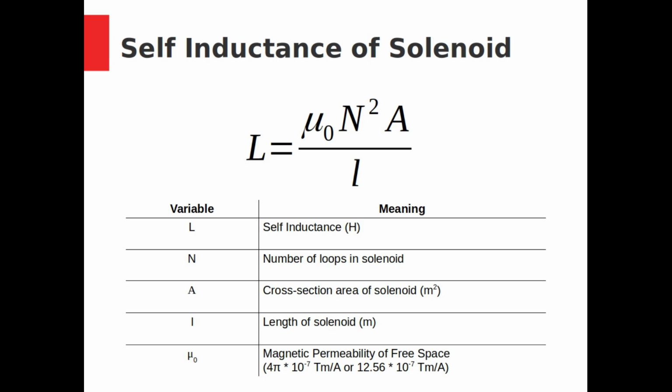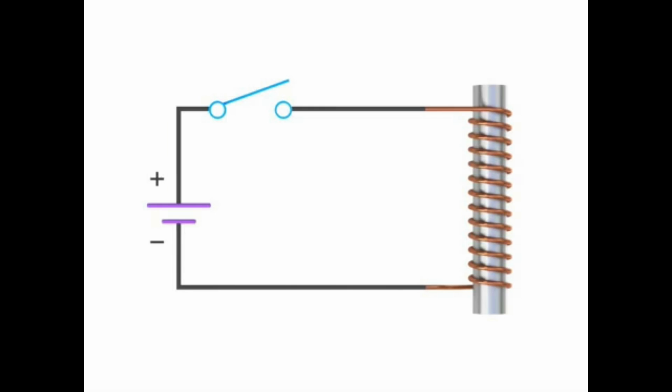Self-inductance is considerably easier to calculate than mutual inductance. I won't go through the whole derivation. The punchline is it equals mu0 times the number of turns in the solenoid squared times the area divided by the length. An inductor is a circuit device that uses the self-inductance of a solenoid to smooth out changes in